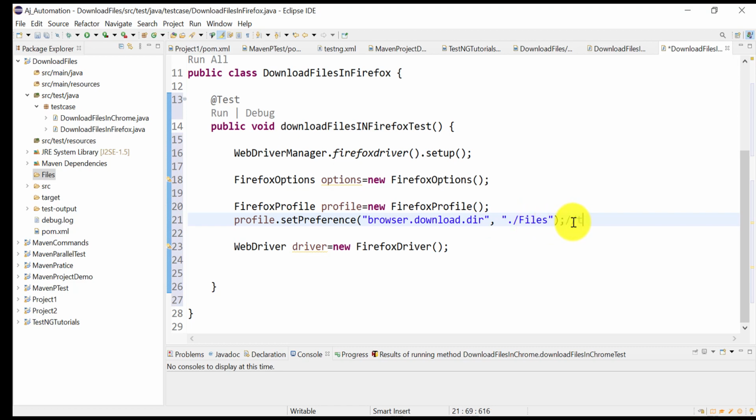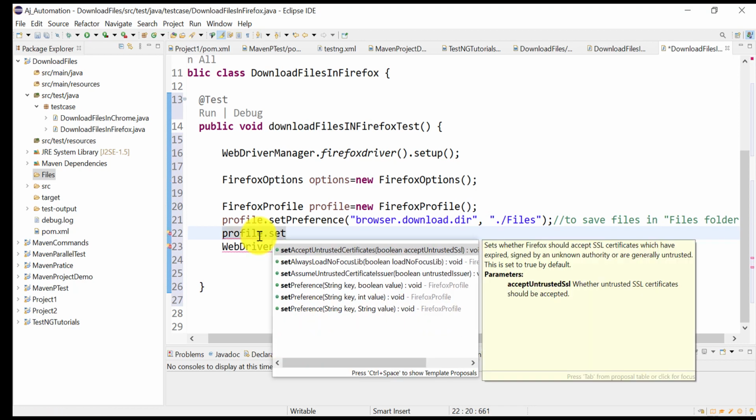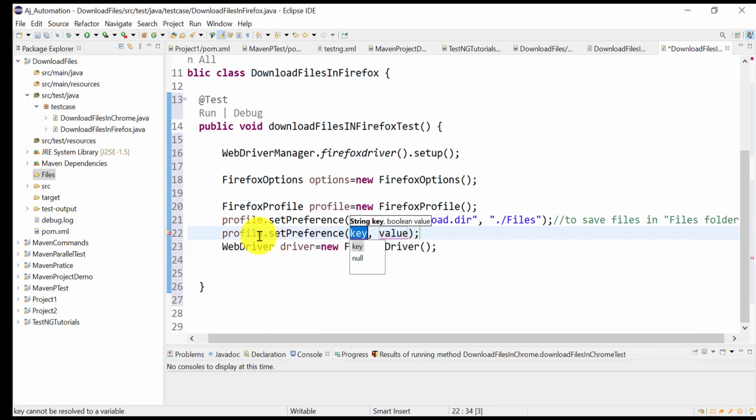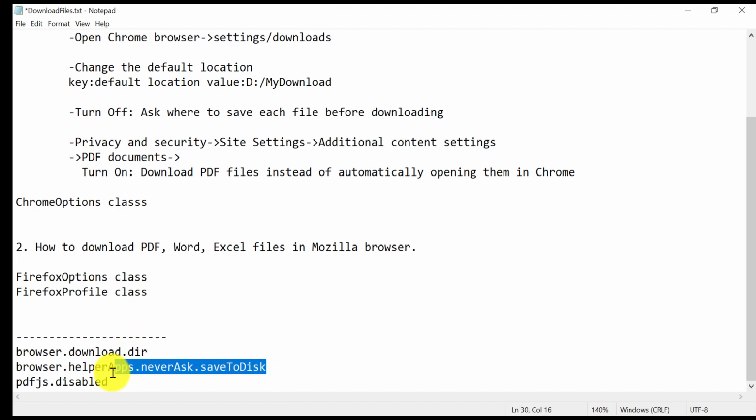Okay, to save files in folder. Okay, and next preference we need to set, profile dot set preference. Okay, and next thing to this thing.